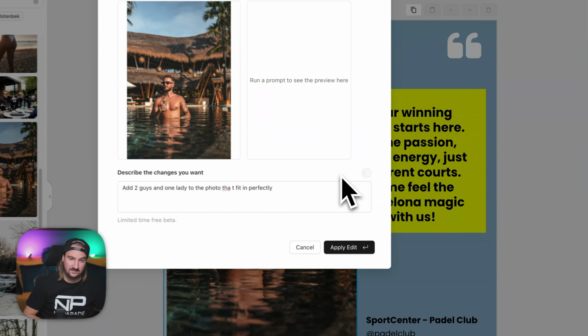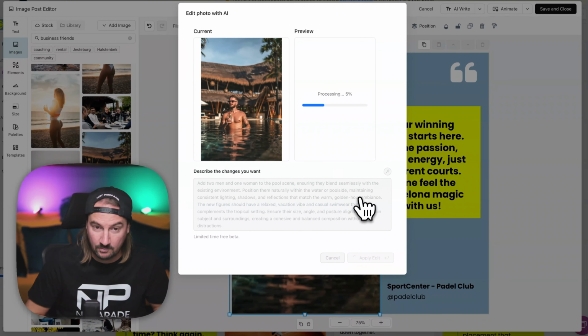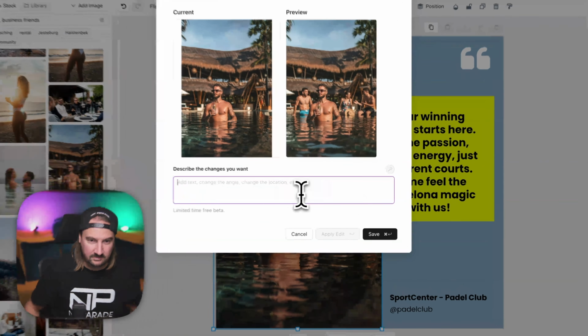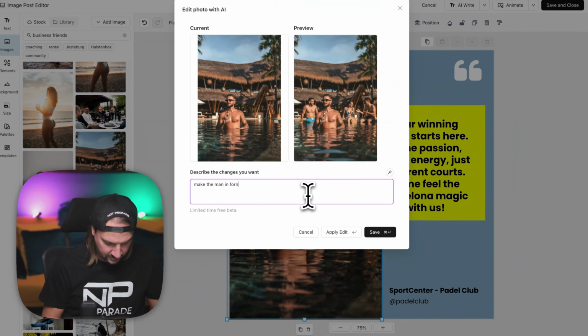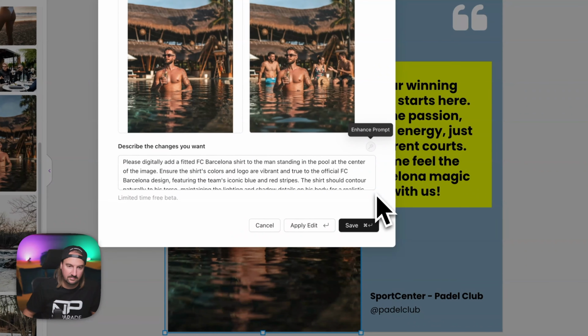Let's say this would be you as a CEO living your life outside in another country, and you want to add some more people to your image. You can simply do this, but you can also do it with Barcelona, whatever. So here are a few people. Make the man in front wear a FC Barcelona shirt, and then we can enhance the prompt again, and then